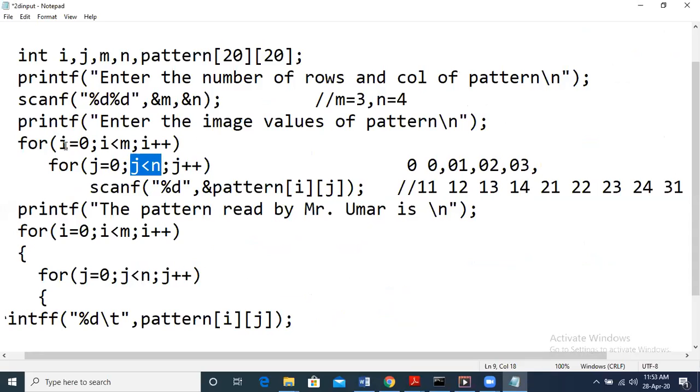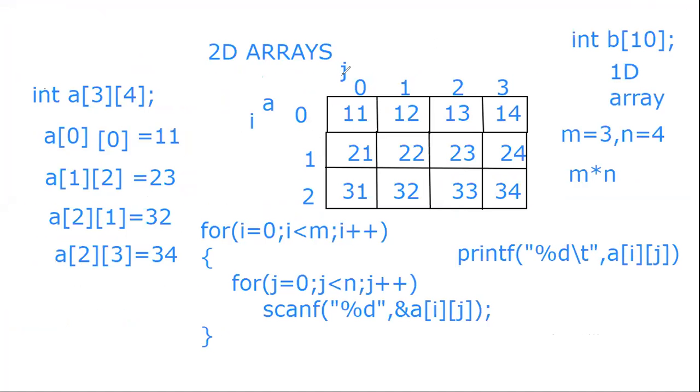i again gets incremented. Now i was 0, it becomes 1, right? i becomes 1. j starts from 0. So 1, 0 is 21. Let us see. 1, 0 should be 21, right? So when we see the example, a of 1, 0 is 21. It continues similarly for all the values.